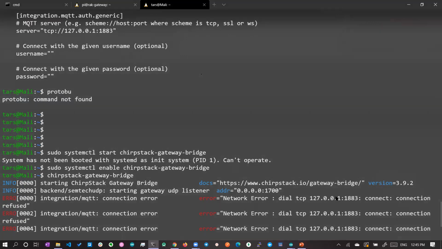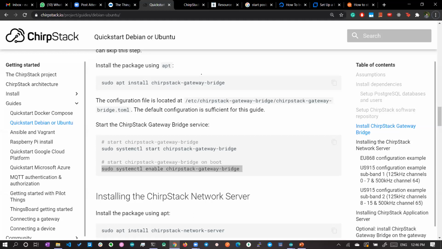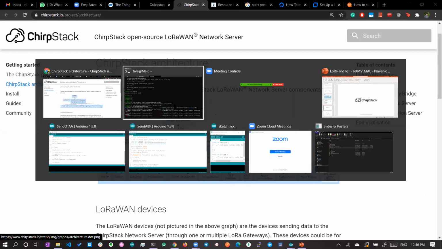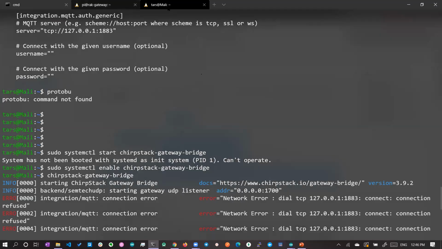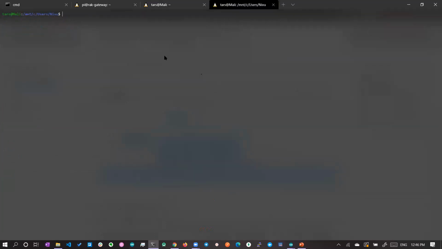If you see this particular diagram, this gateway bridge is connected to the pub/sub broker, the MQTT broker. So we have to start the MQTT server as well. I will open another Ubuntu shell and start the MQTT server.